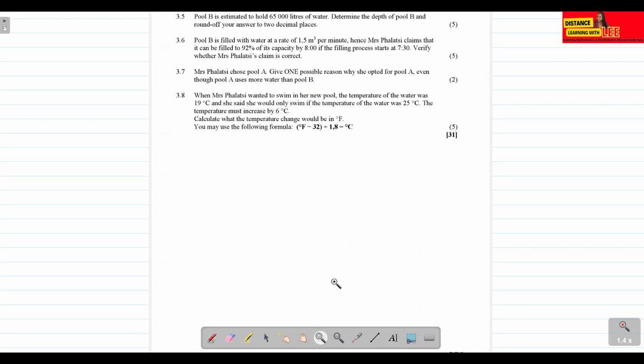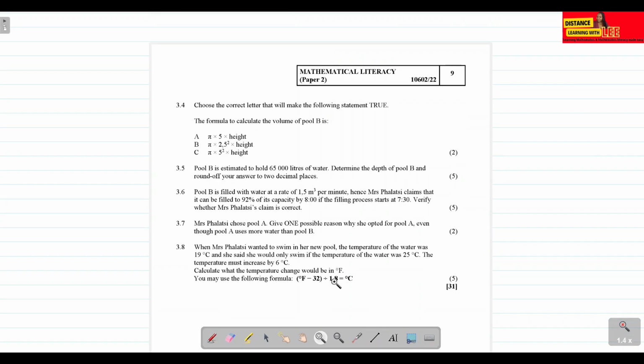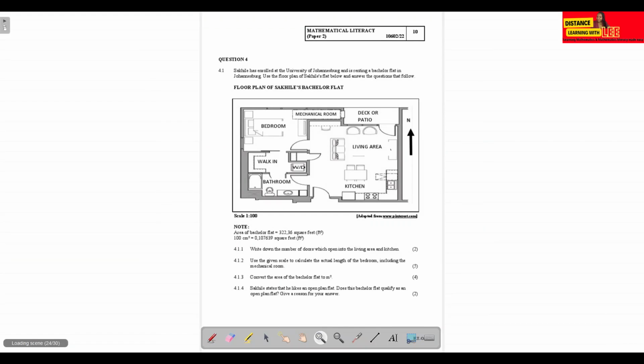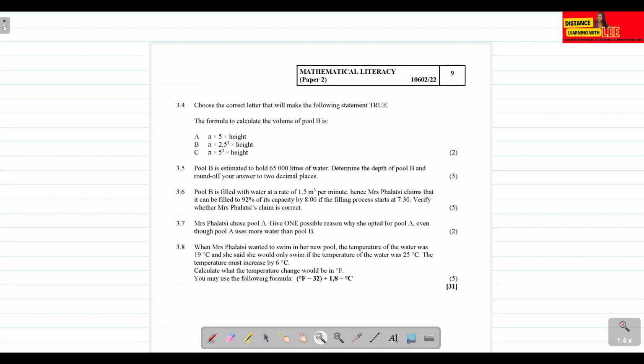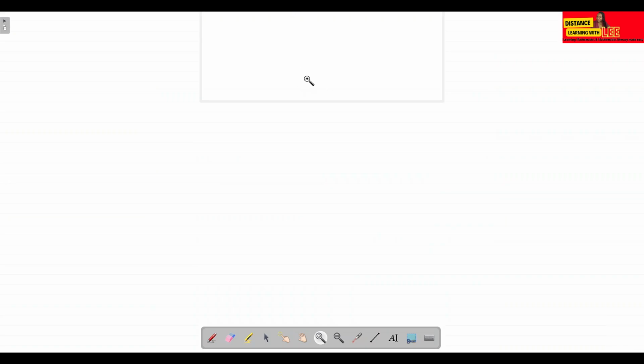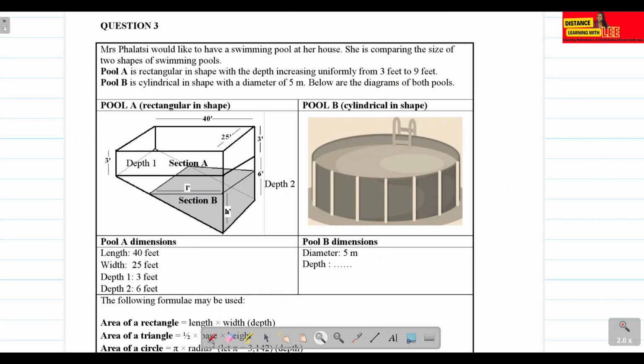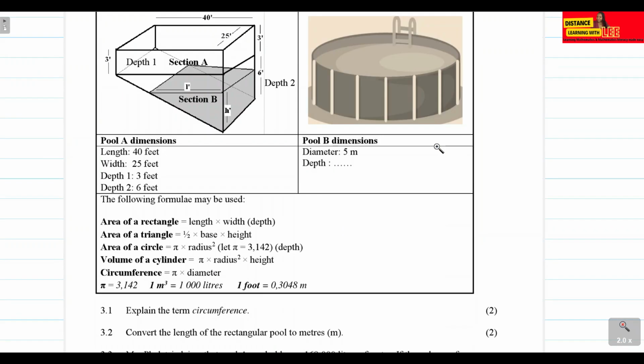Okay. So with this question, guys, this is a very important question, as we've now moved from level 1 questions to level 3 questions in mathematical literacy. So if you know that you're currently struggling with converting your temperature, if you're struggling with volume, or just analyzing these types of application questions,